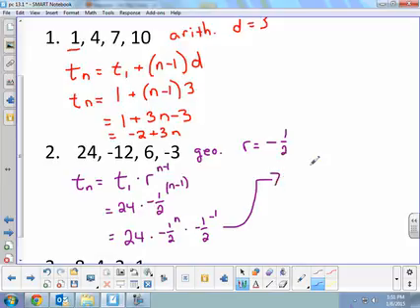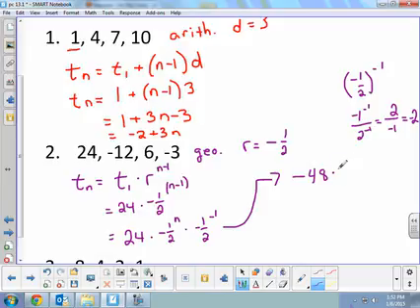-1/2 to the -1 would be -1 to the -1 over 2 to the -1, which we don't like negative exponents. We're going to flip that. 2 over -1, which is -2. So we can make that equation look a little bit neater. Take that 24 times -2 and you get -48